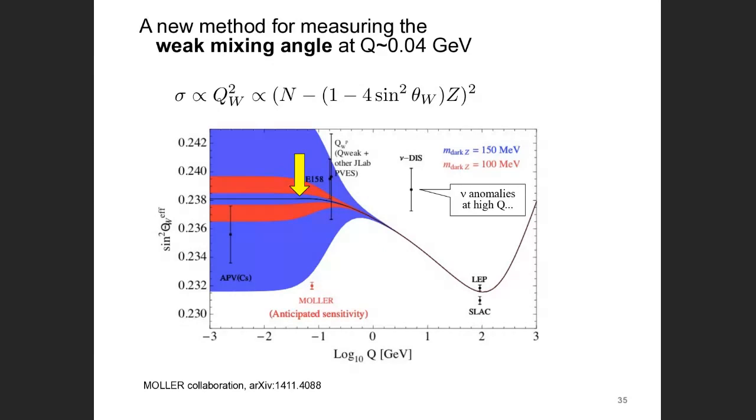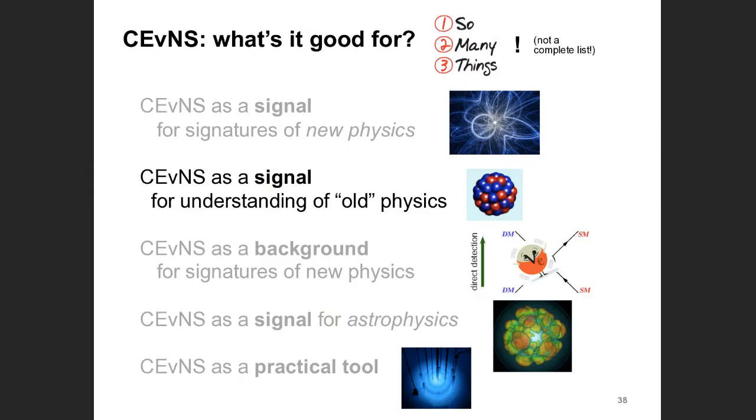And another one is actually a different way of looking at non-standard interactions. The weak mixing angle is embedded in this weak charge here, and so if you measure the rate, you can measure the weak mixing angle. If you see something different from the expectations, that can be an indication of new physics. And so you can cast the search for non-standard interactions in the form of a measurement of the weak mixing angle, which is maybe a different way of looking at it. Okay,